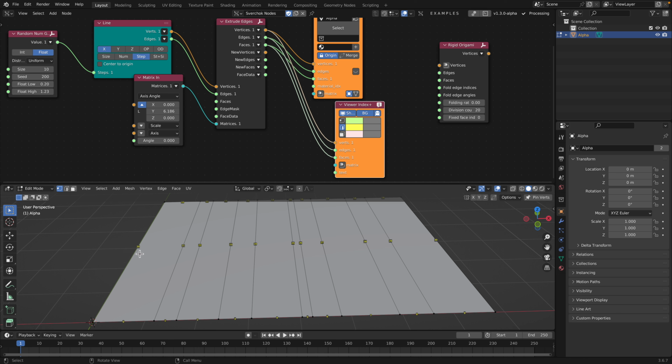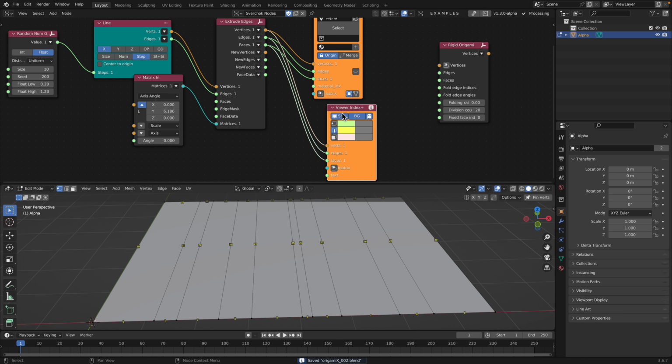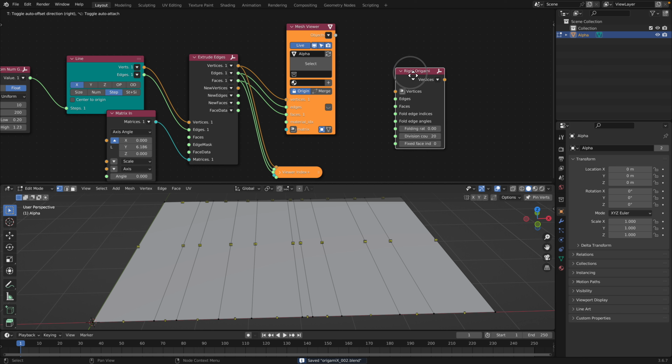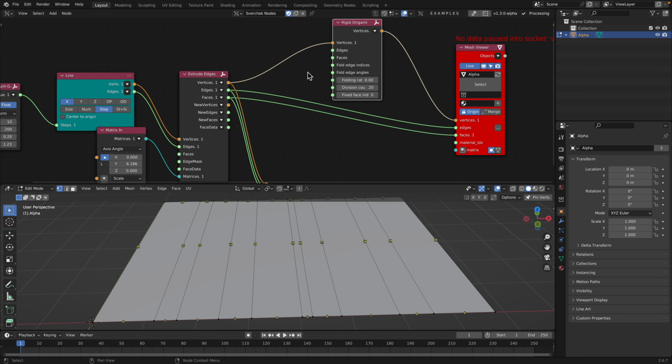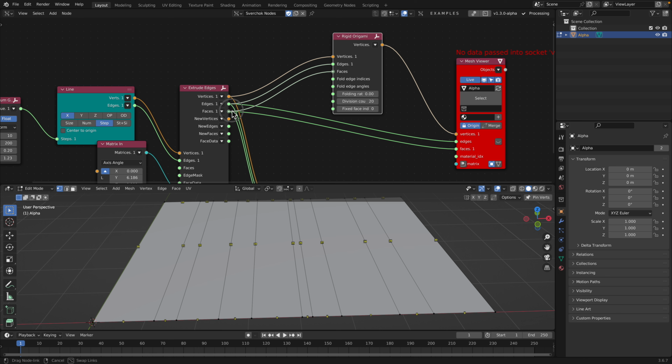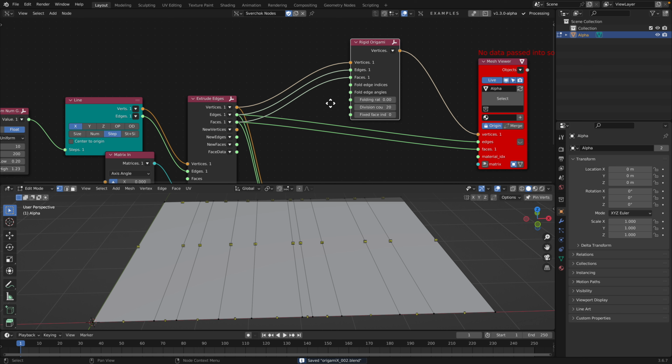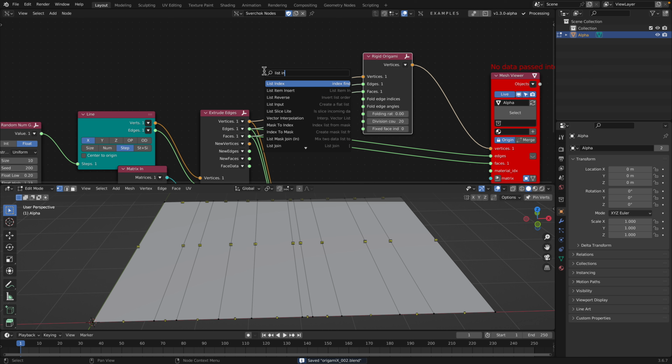So now we can see the number of the edges, the index number. Now that's working, we can use the origami nodes, and then we need to have the edges and the faces connected. The edges and the faces go there, and then we need the fold indices. So list input